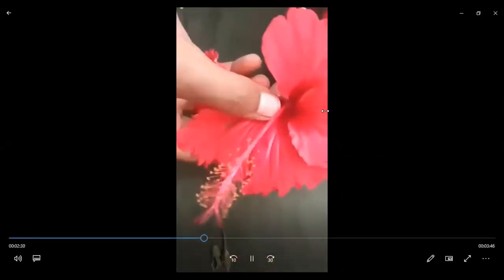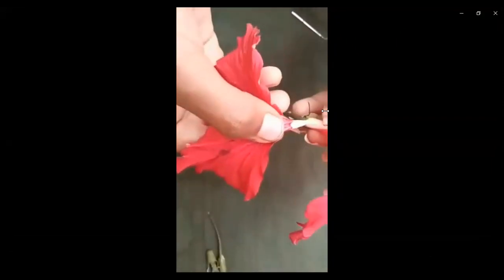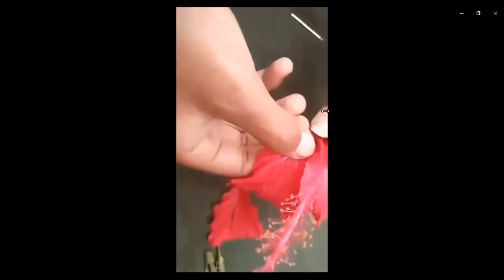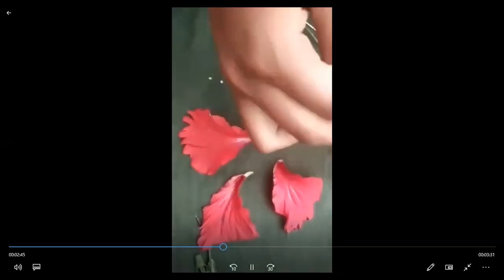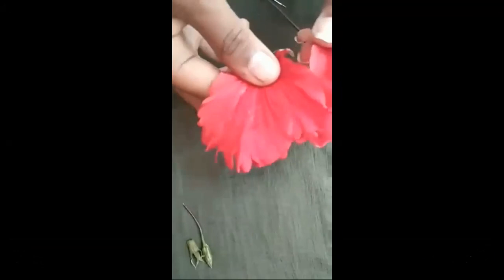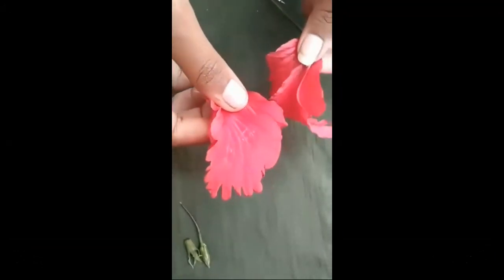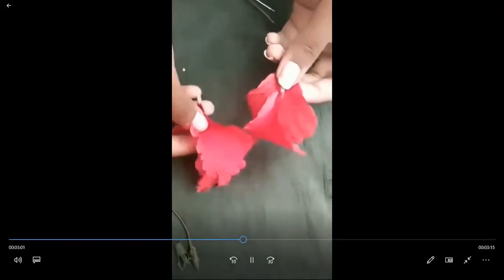If you have a sharp knife, you can do it with that. There are 5 petals. Petals together are called the corolla, which helps to attract the insects for pollination. They come in a variety of colors. You must have seen that. It makes nature so beautiful.